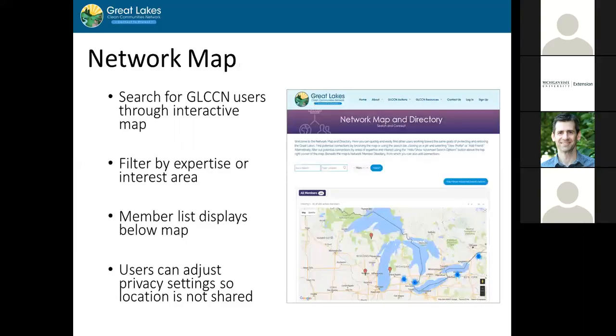There are also, one of the features on here is going through the network map, where you can search for other users through an interactive map, and you can filter by expertise or interest area. You'll see on this, you're seeing the map and some different pin points on there showing what groups or networks are in the network. But also below that, the member list actually displays below the map. So you see all of the members, all of the names are listed down there, and you can do some